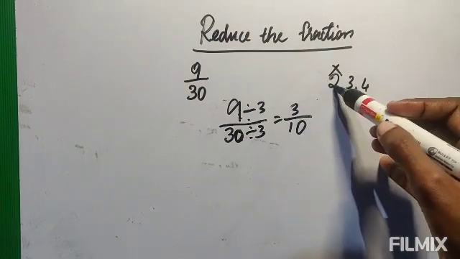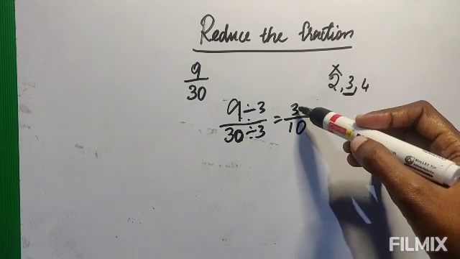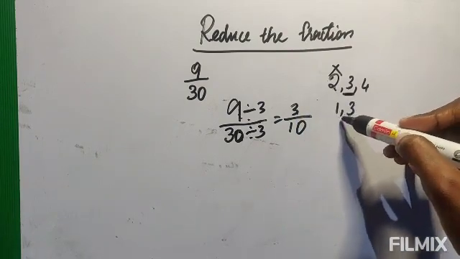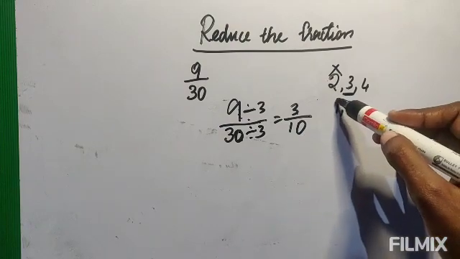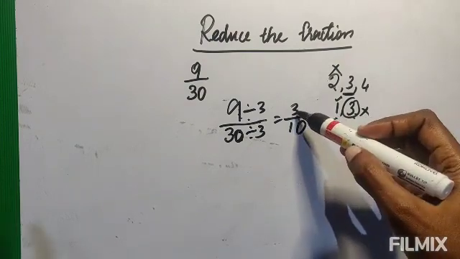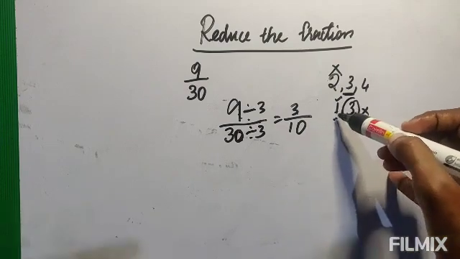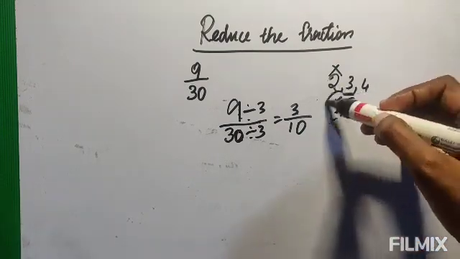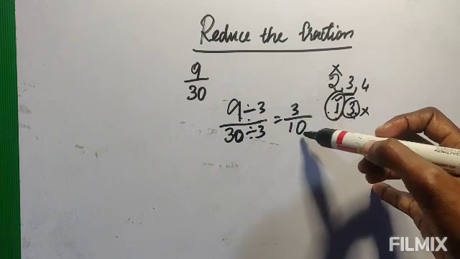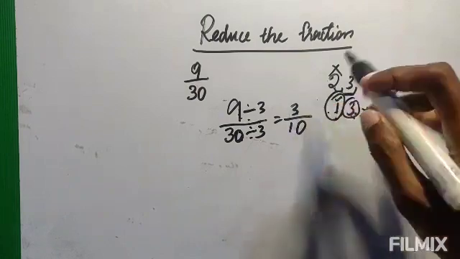Now if you check, this is an odd number and this is an even number, so 2 cannot divide. And 3 is a prime number, so it can be divided by 1 and 3 only. But 10 can be divided by 1, but 3 cannot divide it. Since 3 is a prime number, you can divide only by these two numbers. If you divide by 1, you will get the same number. So 1 we cannot use to reduce the fraction. So only 3 you can use, but 3 cannot divide 10. That means this cannot be divided anymore. So with this we can stop. So this is the answer.